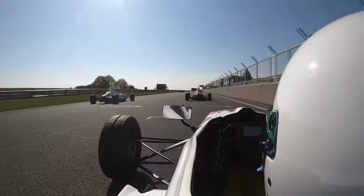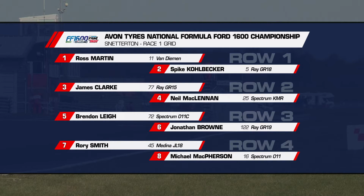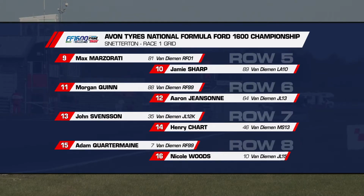Certainly should be, Andy, as the cars head onto the grid for the first round of the 2019 season with some new faces taking on the established challengers. This is how they line up. Ross Martin and Spike Colbecker on the front row of the grid from James Clark and Neil McLennan on row 2, with esports champion Brendan Lee starting 5th on his debut alongside Jonathan Brown, with Rory Smith and Michael McPherson